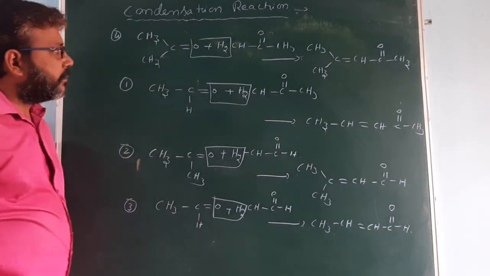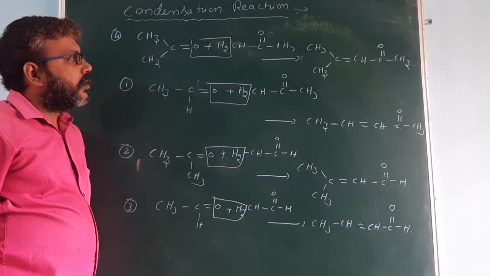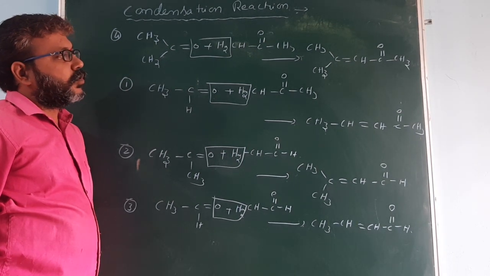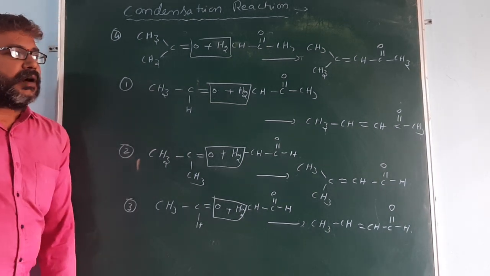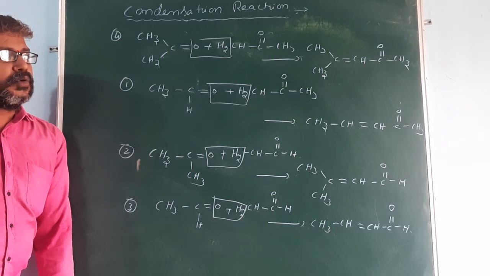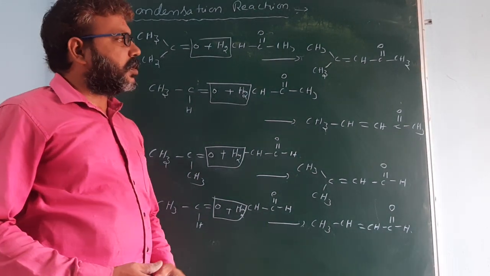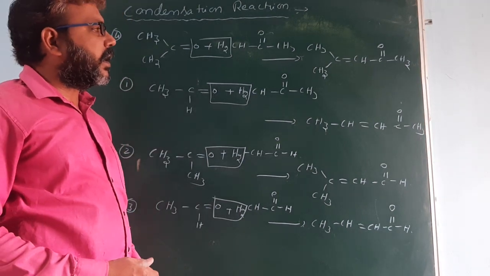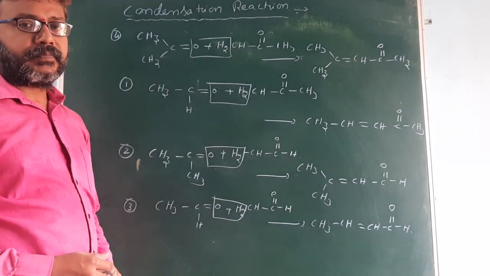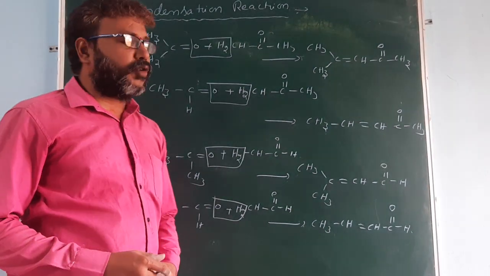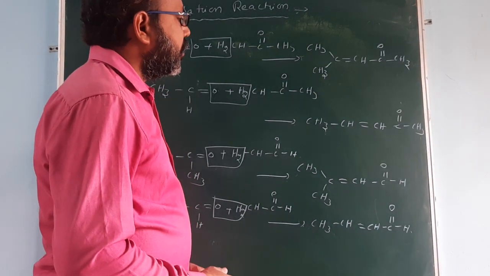So in this reaction, 1 mole acetaldehyde reacts with 1 mole of acetone to give how many products? 2 self aldol condensation products, 2 crossed aldol condensation products. Okay. So the question is, 1 mole acetaldehyde reacts with 1 mole acetone, how many products do we get? So the answer is not 4. The number of products is 6.